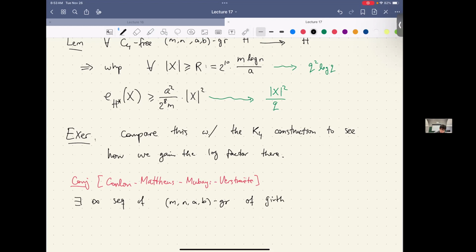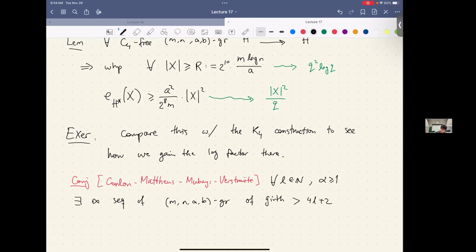Well, I should say, for any L to measure the girth, and for any alpha at least 1, there exists an infinite sequence of biregular graphs of girth larger than 4L plus 2 with big omega of M N to the power (L plus 1) over (2L plus 1) edges,